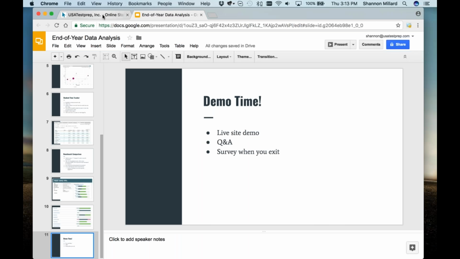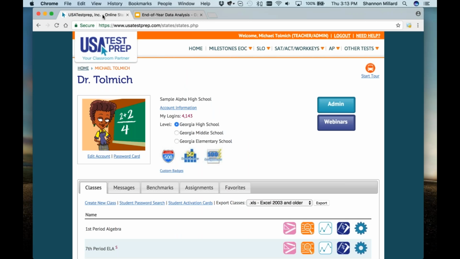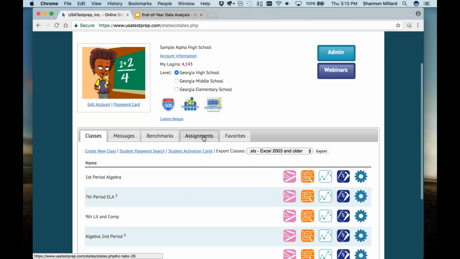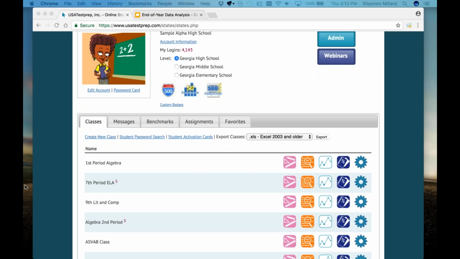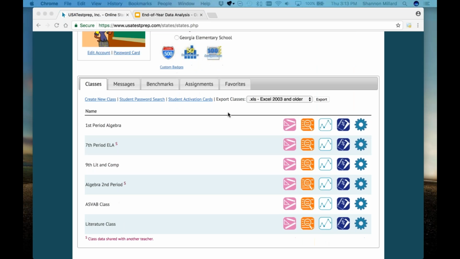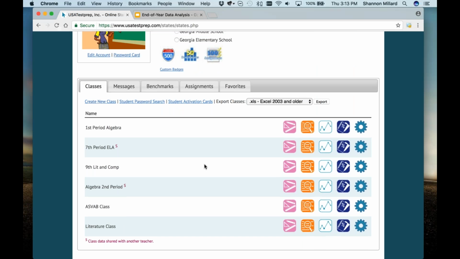All right, so let me go ahead and switch over here. I'm logged in as a teacher, and let me go ahead and show the first thing, which is the progress report. And just in case you're new to the progress report, on your main classes tab on your homepage, this middle icon is your progress report. So if you click on that,